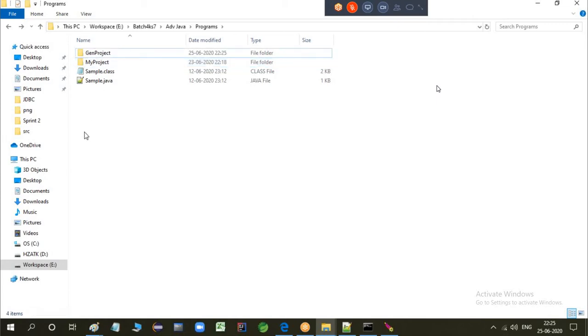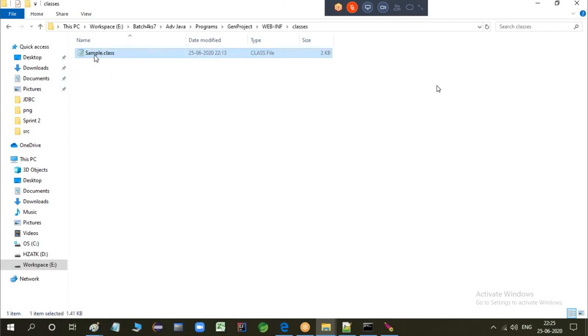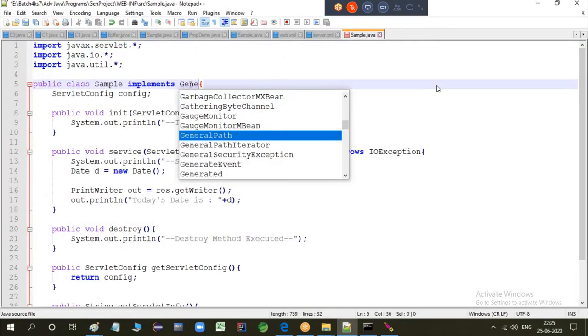WEB-INF is there, the classes folder will be there. I'm deleting this Sample class. The src folder I have, the Sample class is here.